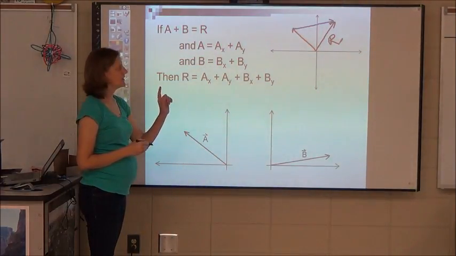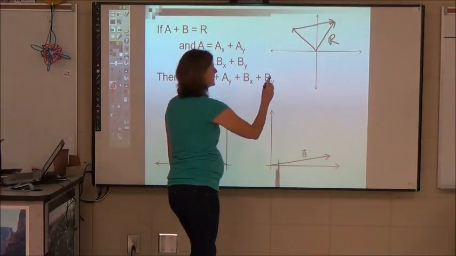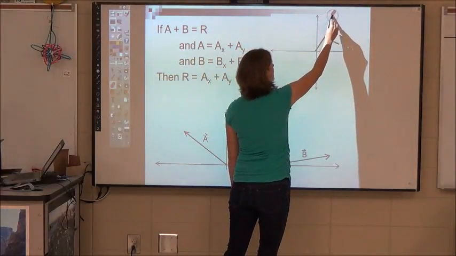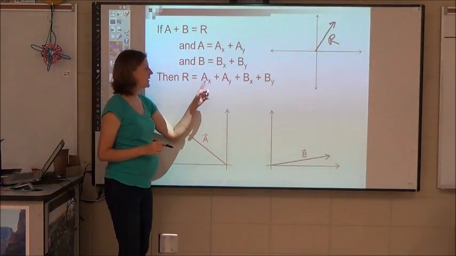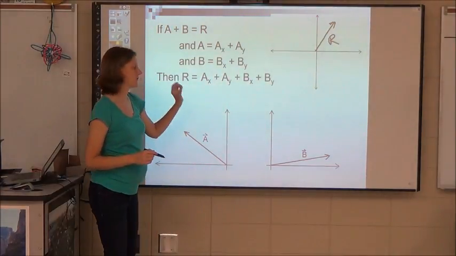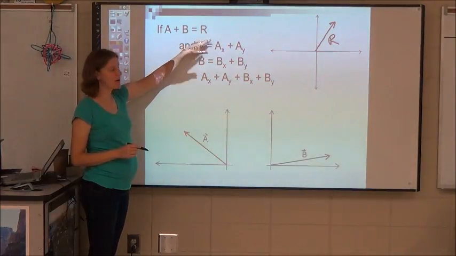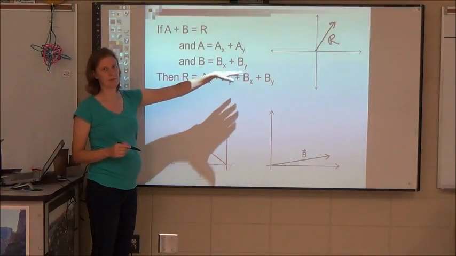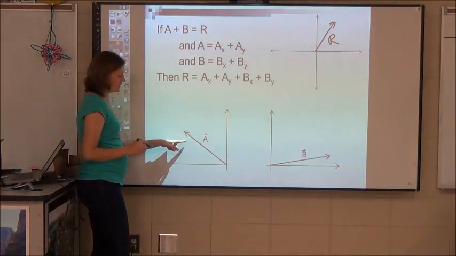So instead of drawing vector A plus vector B to get the result, and you can leave this on your paper, I'm actually going to draw AX plus BX and AY and BY all added together. I'm going to turn those two vectors into 4. So if A plus B equals R, but A really equals AX plus AY, and B really equals BX plus BY, I can add all of those up to get the result. So as a sketch,